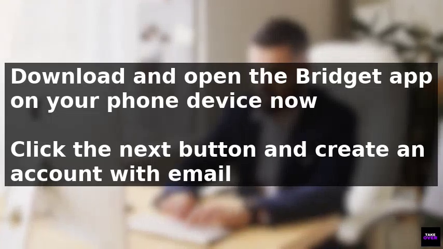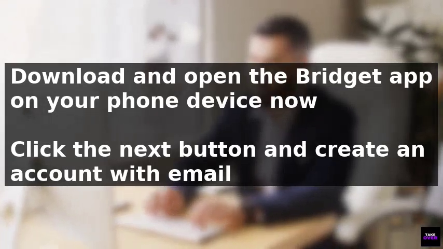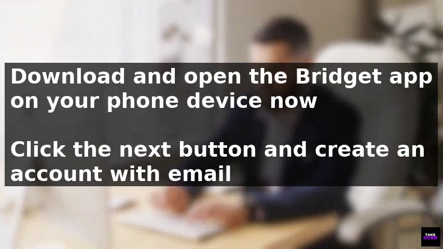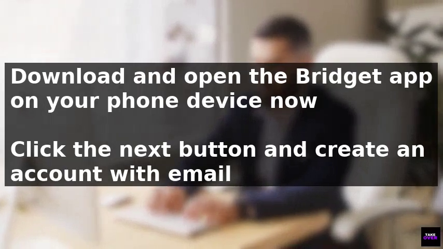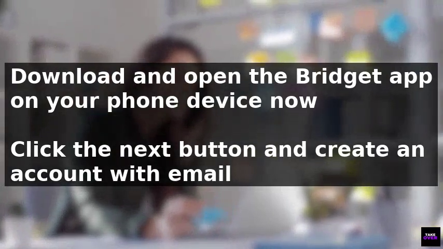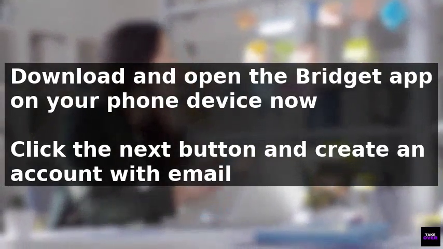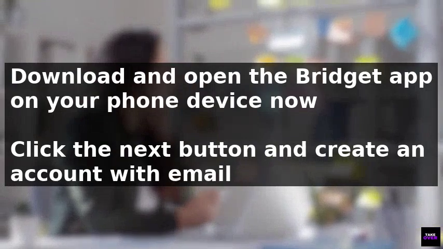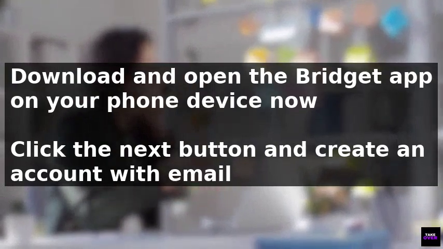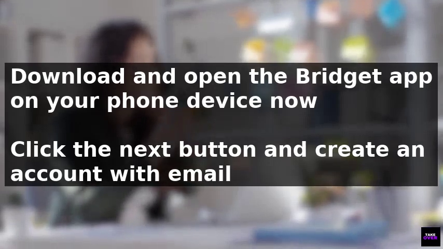To borrow money, start by downloading and opening the Brigit app on your phone. You will be presented with a similar screen, on which you need to click the Next button. From there, create an account by clicking the Sign Up button and entering your email and phone number, followed by